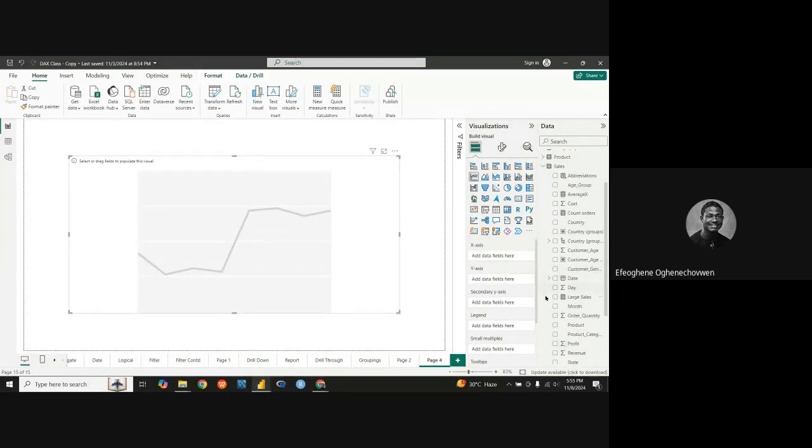It's very important to understand what these axes do. All right, the x-axis, y-axis, secondary axis, and this legend, and you'll be able to appreciate it better. So when using a line chart, all right, you are putting in